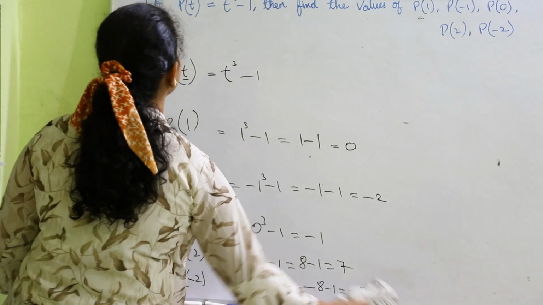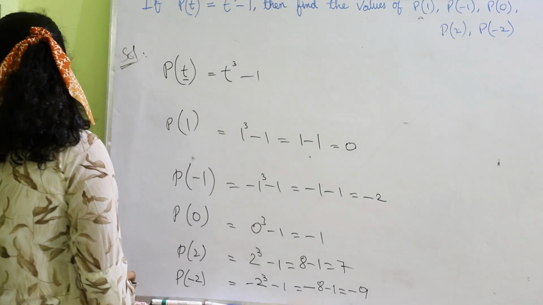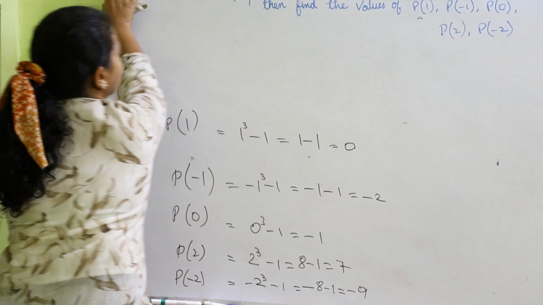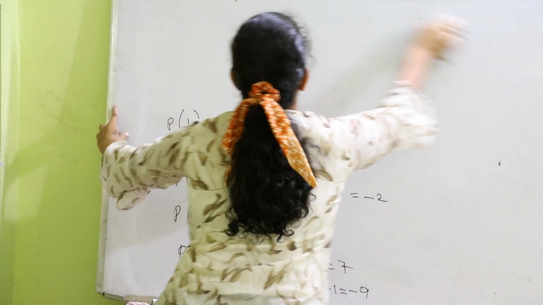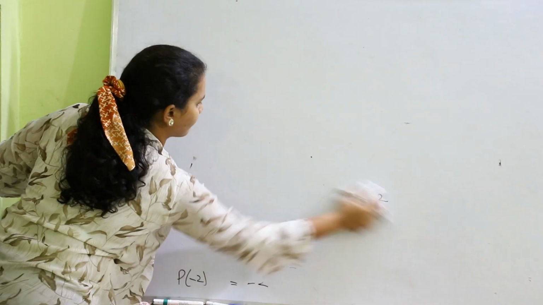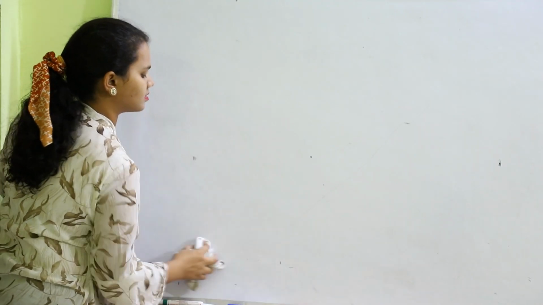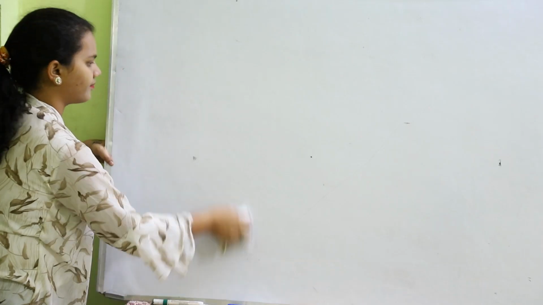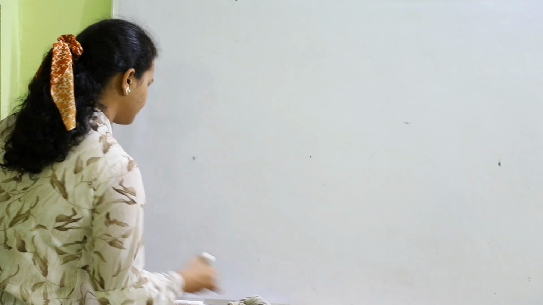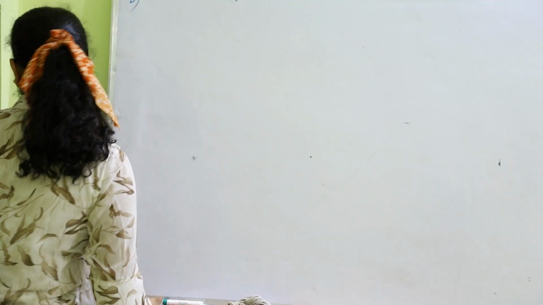Very good. Now let's go for the next question, guys. Here check whether minus 2 and 2 are the zeros of polynomials where x power 4 minus 16. Let me write down the question firstly. Let us write down the question over here. So here the second question. Check whether